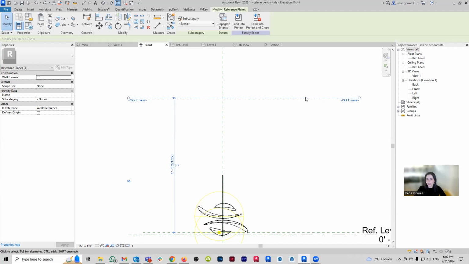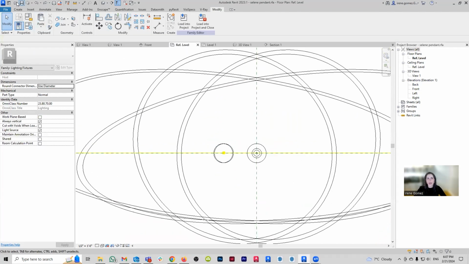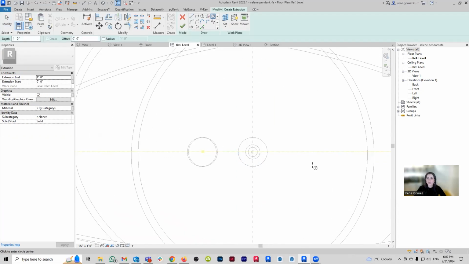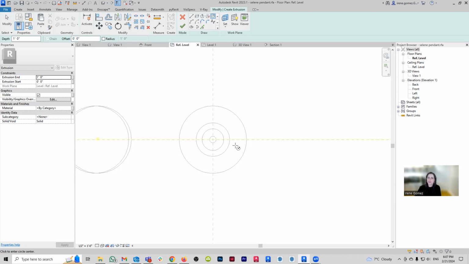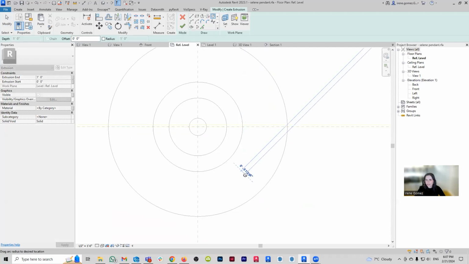I don't need to call it anything, because what I'm going to do now is go to my top view and create just an extrusion. The reason that, if things get complicated, I resort to extrusions is because extrusions tend to be very hassle-free. They tend to be very unproblematic. They just go where you want them to go. So I'm going to make a really small circle. Again, I don't need it to be super big.